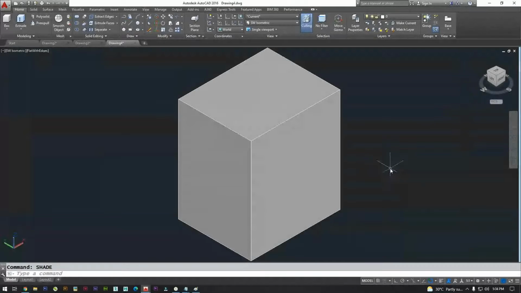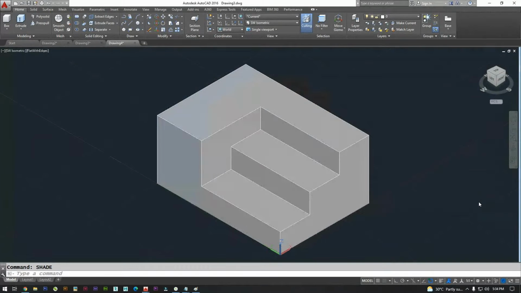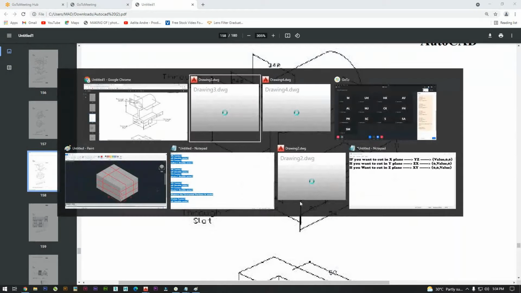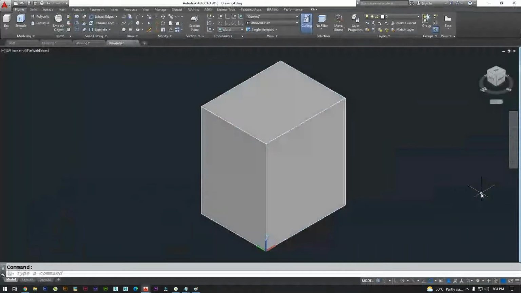So now we need to slice it as per the drawing. I'll show you in the drawing. I'll not go to Paint again. From here to here I need 20, that is in X plane, and 20 plus 14, I need 34. So SL, enter, all, double enter.